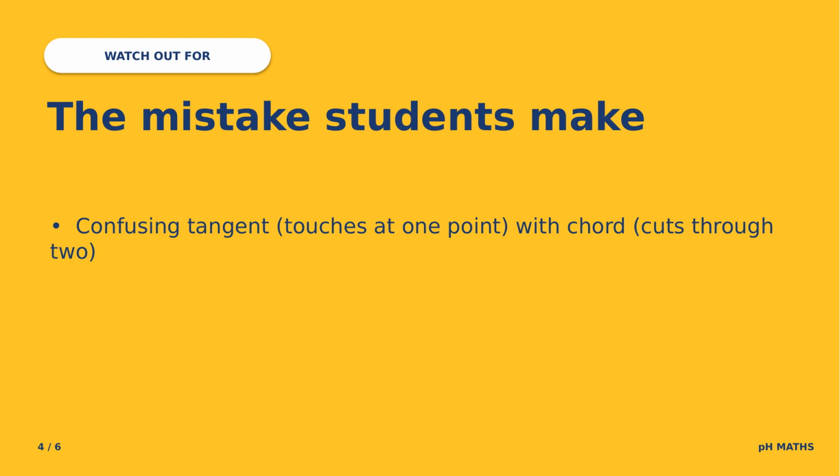Common confusion: a tangent touches at exactly one point. It just kisses the curve. A chord cuts through the circle at 2 points. Don't mix the two. The tangent is the limiting case of a chord as the two crossing points merge into